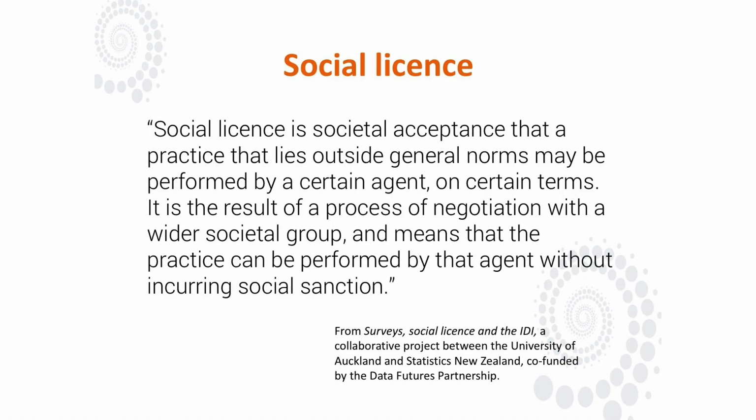And checking social license is something that we need to do regularly as well. You don't just check it once and go, okay, we're good, because context changes, different things are happening in the environment and the rest of it. So this is a definition that the second piece of work I talked about came up with around social license. So basically we're saying here that there are different norms. Norms will dictate what's okay in terms of prohibited types of actions, and that's where your social license comes from.